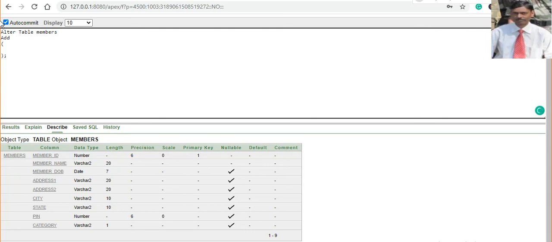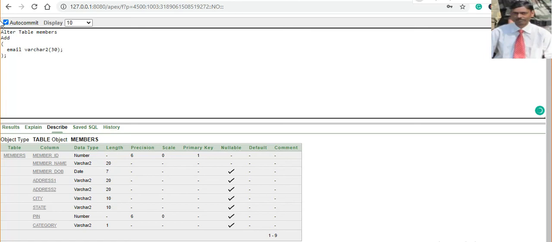Alter table members, add, and in parenthesis you have to specify the email field name and data type varchar2, and you have to specify the size, whatever size you can give. I'm going to write it 30.